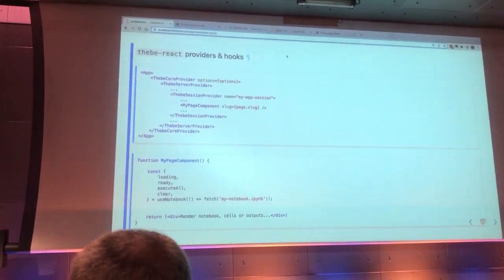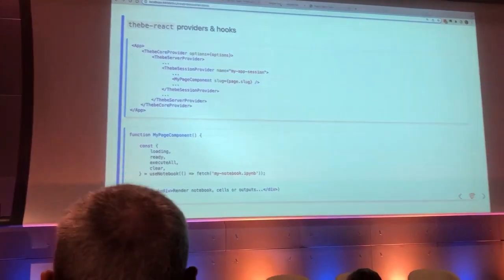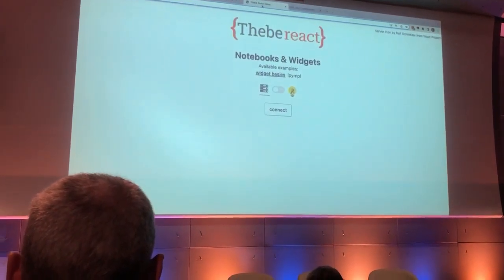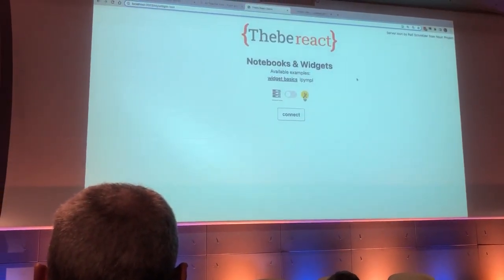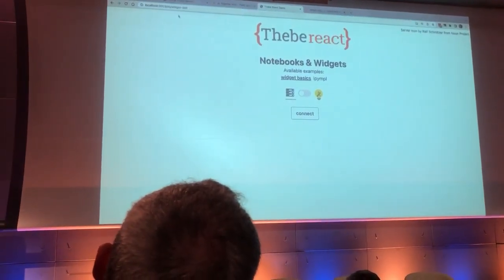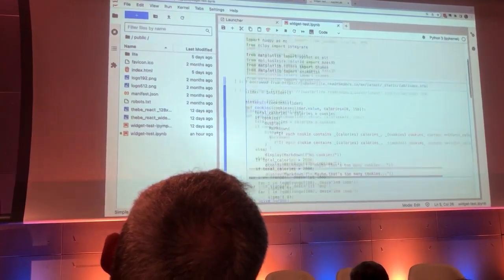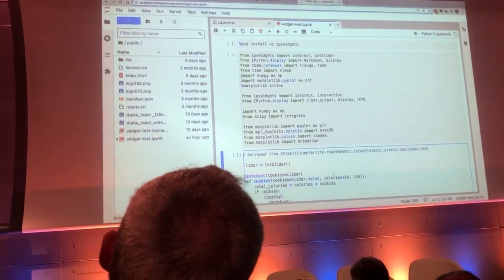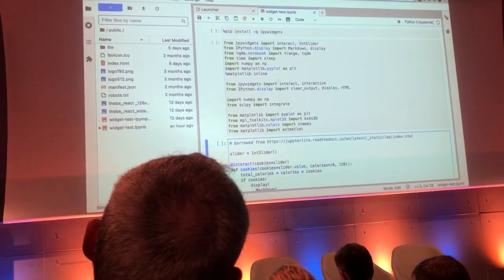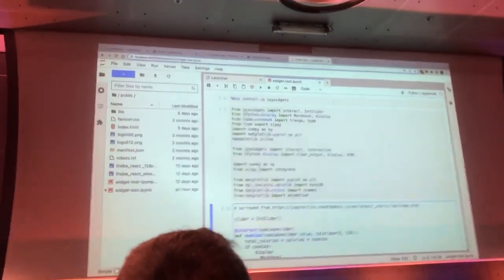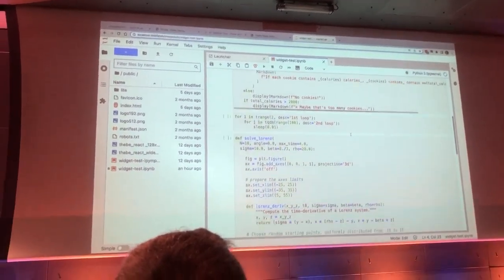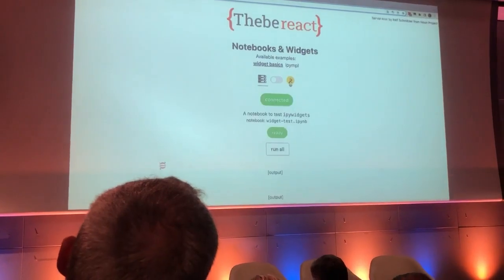I'm just going to show one more demo here, which is the React demo that is in the repo. This demo picks up one or two notebooks from the apps demo folder on the repo. This one, widget test, is a notebook that has a couple of boring setup code cells, and then three cells that produce IPy widgets. If I come over here and press connect and run,